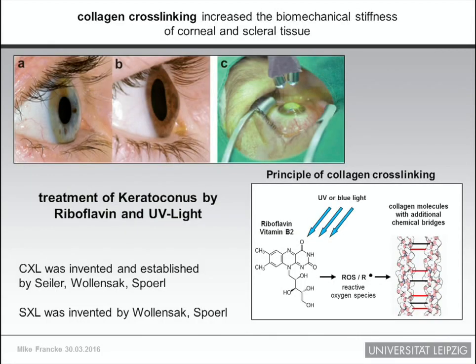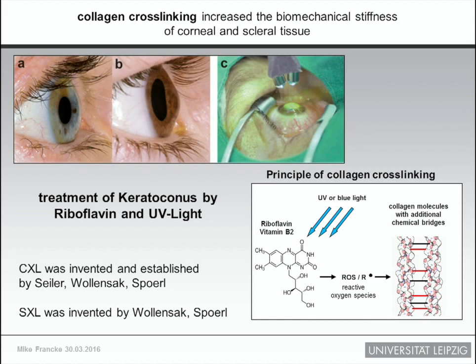That raised the idea that we adapt the keratoconus treatment, the corneal cross-linking, to scleral cross-linking, because there are very high similarities in structure and biochemistry of scleral and corneal tissue. Corneal cross-linking was invented by Wollensak, Spörl and Seiler in 2004. And we work together with Professor Spörl, who is a physicist,